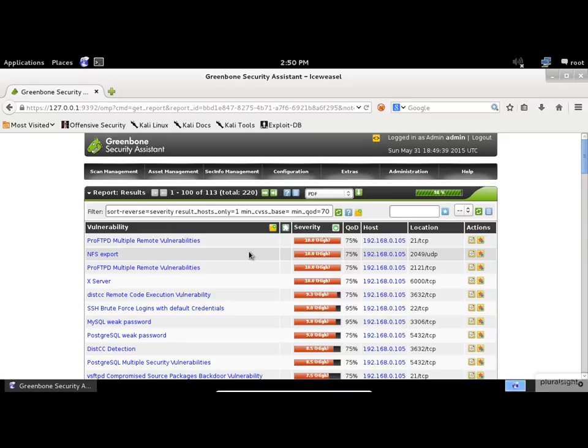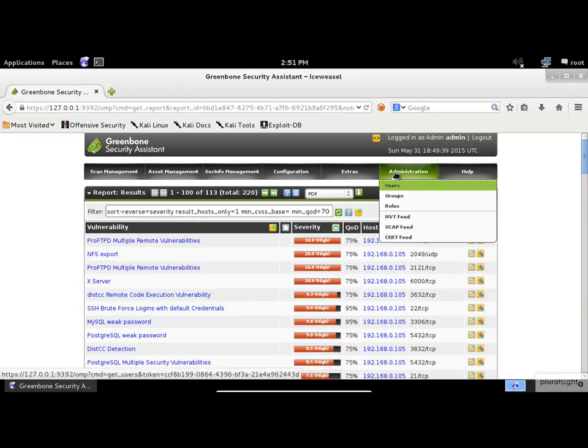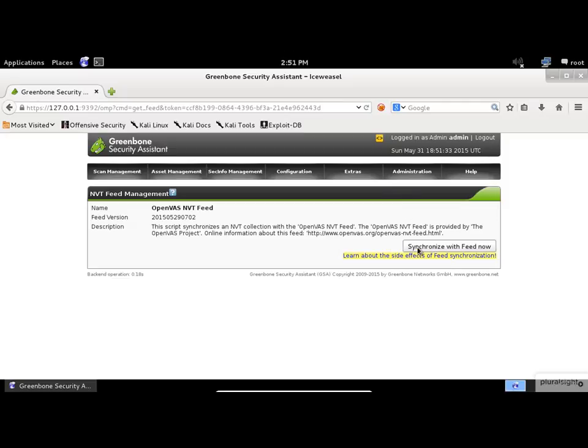No vulnerability scanning tool would be really useful without up-to-date vulnerability test suites. The OpenVAS project maintains public feeds of network vulnerability tests (NVTs). Also, Security Content Automation Protocol (SCAP) and Computer Emergency Readiness Team (CERT) advisories. You can sync up with the latest feeds simply by going to the Administration menu and selecting the appropriate feed. For example, if you want to update the NVT feed, select it from the list and then click Synchronize with feed. Now,